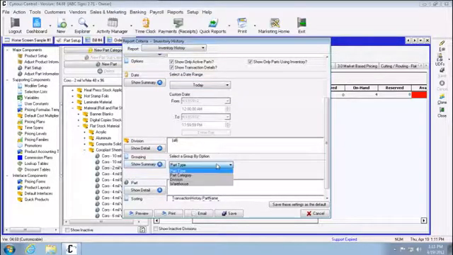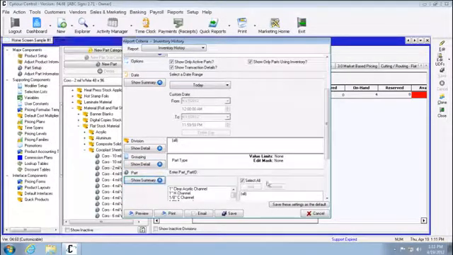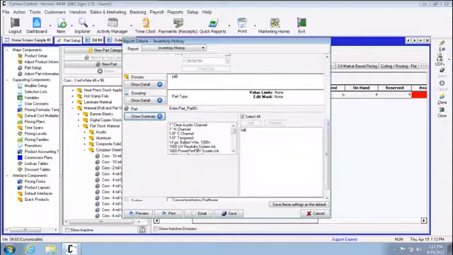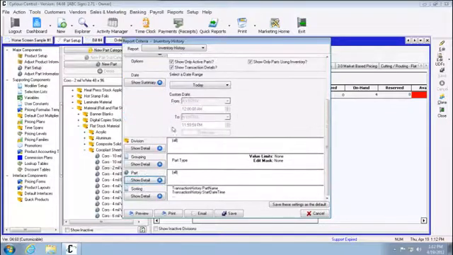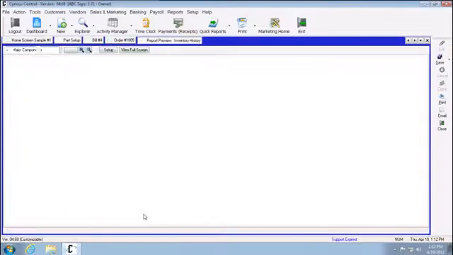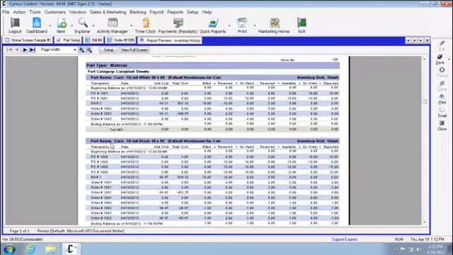A couple of grouping options. You can group by part type, part category, divisions and warehouses if you're using those. If you only want to show one particular part, you can unselect the select all option and only select the certain parts that you're looking for. So we'll go ahead and preview this,